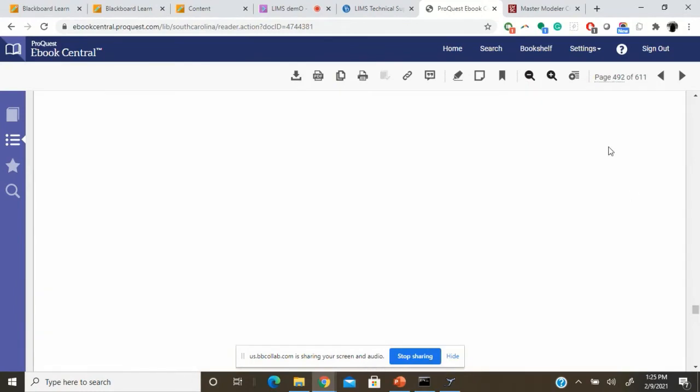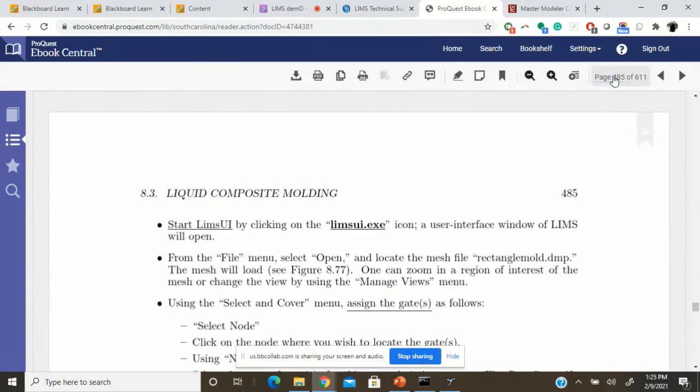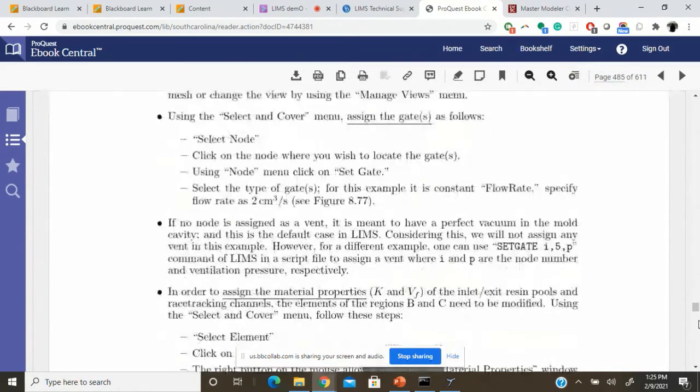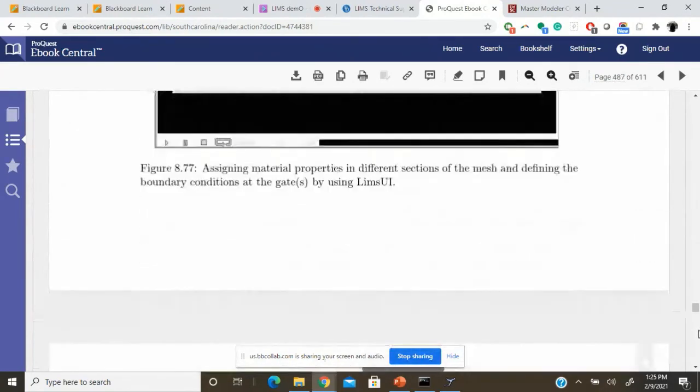So that being said, let me see. All right. So some of the steps are also given here, but we would go ahead and do the demo for y'all,